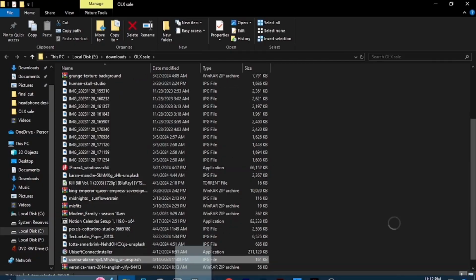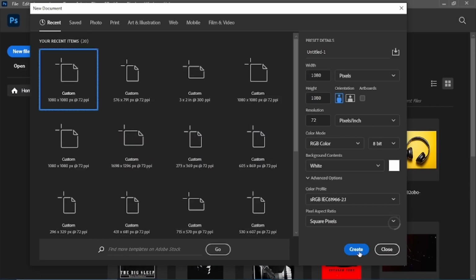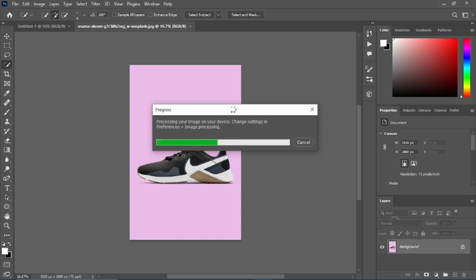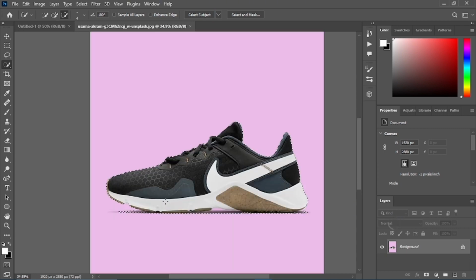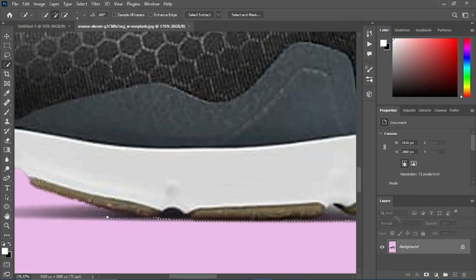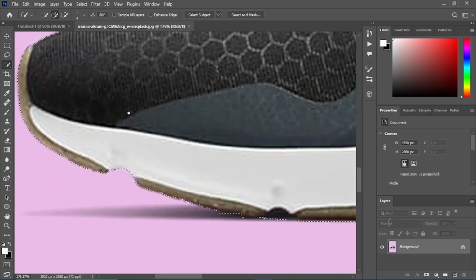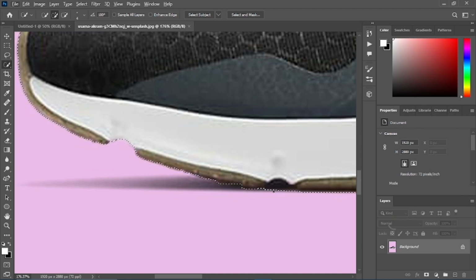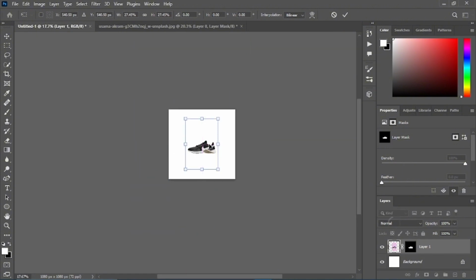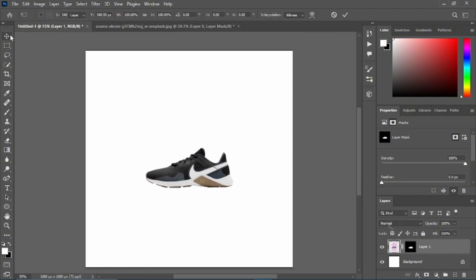Hey everyone, so today we will be designing a Nike shoe banner. It's kind of a social media banner for Nike, and I chose this shoe because it felt like the most clear cut shoe on the website. By the way, all the images that I get of different products and different shoes, they're all from either Unsplash or Pexels.